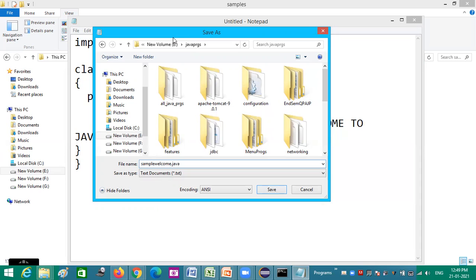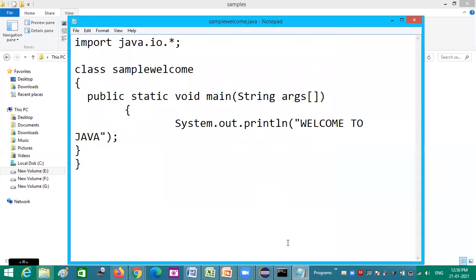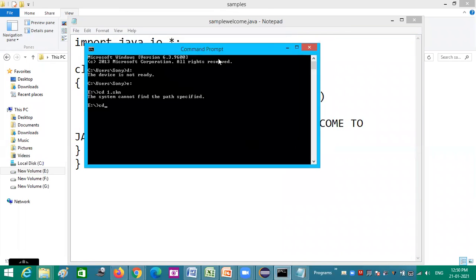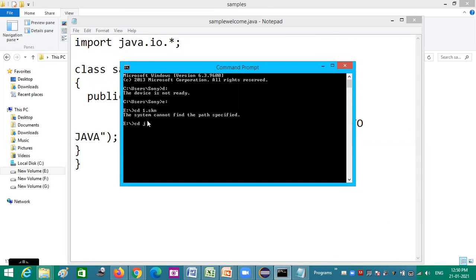I'll tell you the reason why I am giving the same name here. If you do not give .java here, it will by default be saved as .txt, so this will not run. It is a must to give .java. Then I am saving it. So in an editor it has been typed and saved, and I am going to the command prompt in E drive.